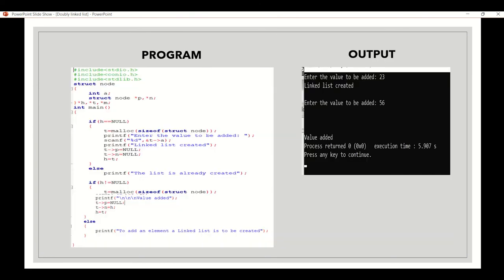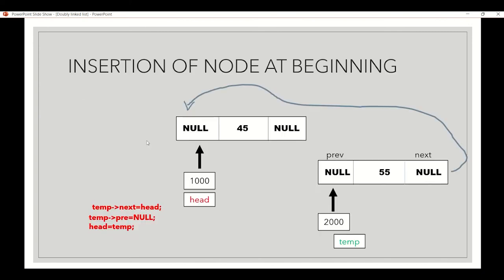So let's move on to the program of insertion at the beginning. As I said, we have to create a structure node, and in the main part, if h is null, h meaning head, if the head part is null, consider this as head.